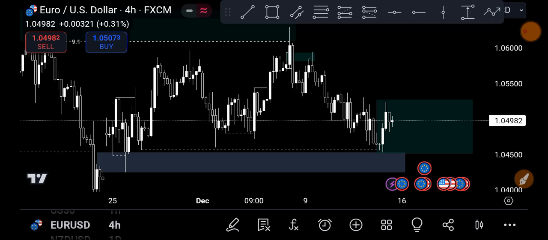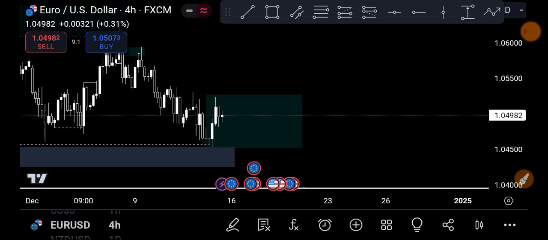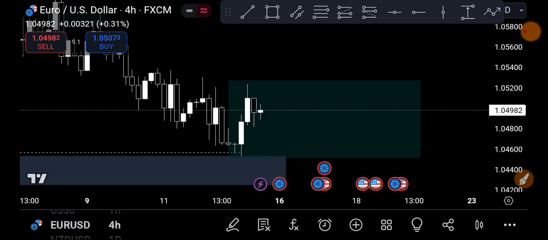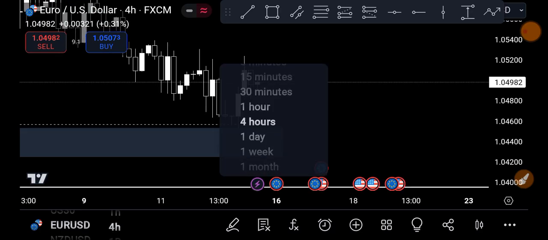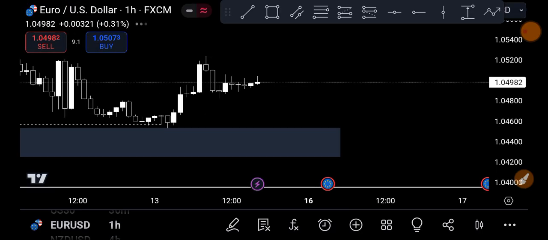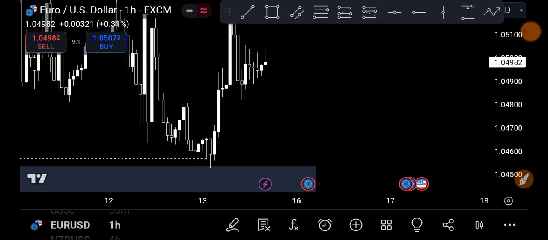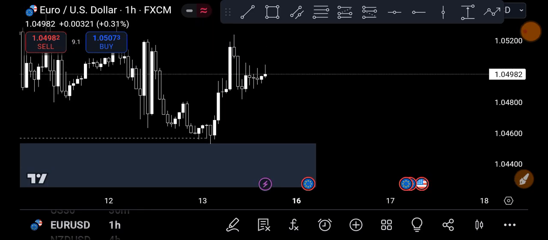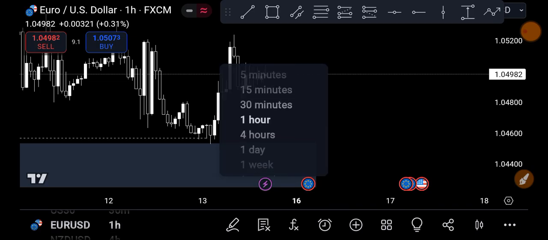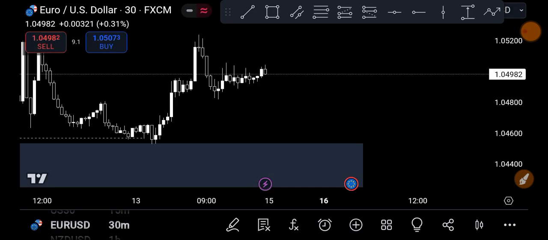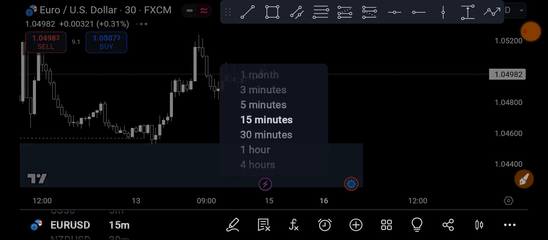Every individual candle that's here represents 4 hours. I hope you guys understand what I'm trying to put out here. So in that case, when you go into the 1 hour time frame, every single candle here is 1 hour, and you can go as low as 30 minutes, 15 minutes,